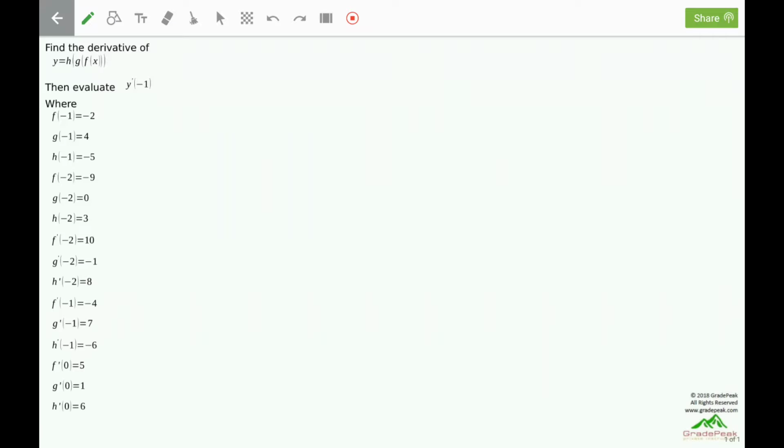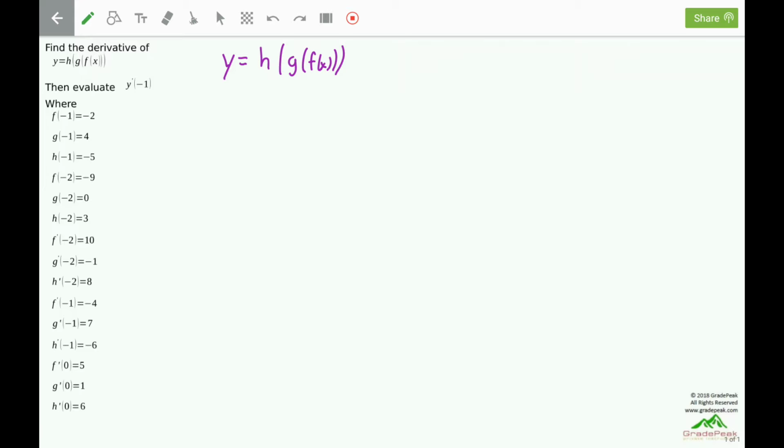Find the derivative of y equals h of g of f of x, then evaluate y prime of negative 1, where we have all that information there. Y here is the double composition of functions. It has h of g of f of x. Now, while we don't know what f and g and h are here, we know that f is inside of g and is inside of h, and therefore we have a double composition which would lead to a double chain